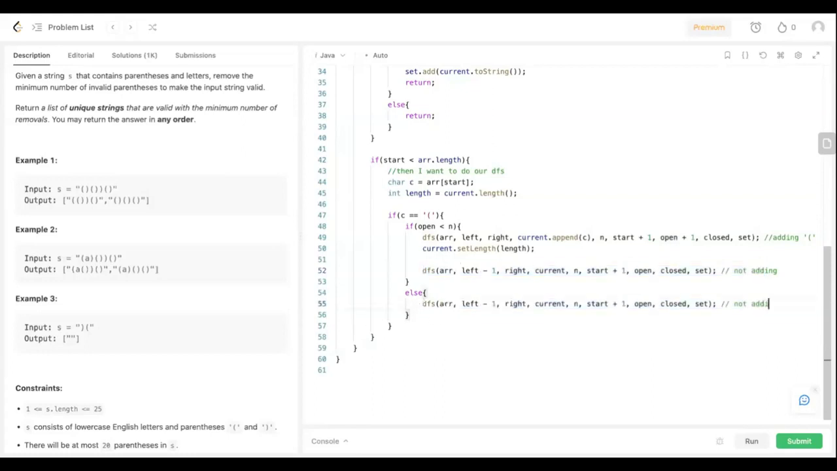Copy and paste and say add-on. So else if c is the closing brace, then we want to say that we can only add if our close is less than open. So every close that will be added based on this is added because we have a corresponding opening brace. So then we can simulate adding again, left, right, and here we have current.append